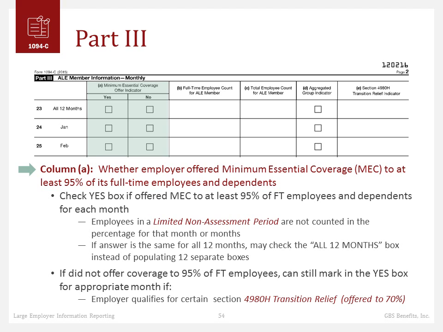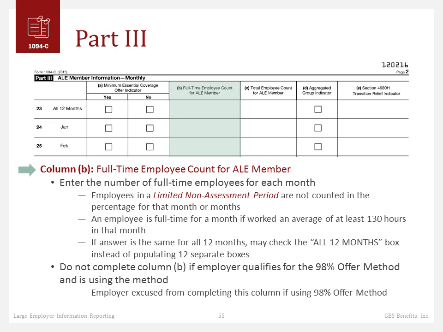So in other words, in our seminars and in our materials for employer shared responsibility, you learned that for 2015 only, instead of having to offer coverage to 95% of your full-time employees like you will have to in the future years, you only have to offer to 70%. So again, you can mark yes in the yes boxes for the months where you offer to at least 70% or more of your full-time employees. Every other year, it will have to be 95%. Okay,